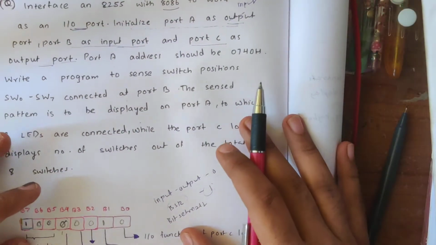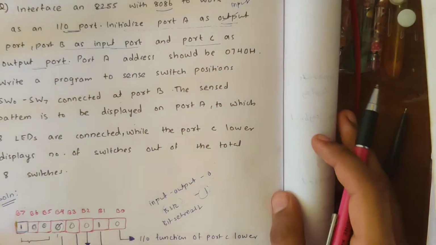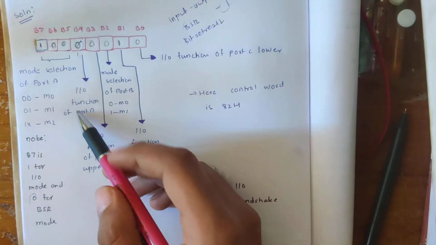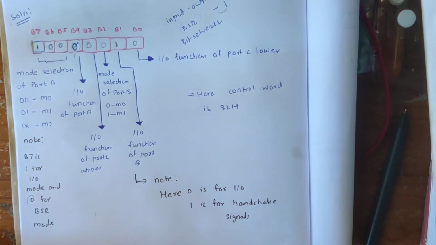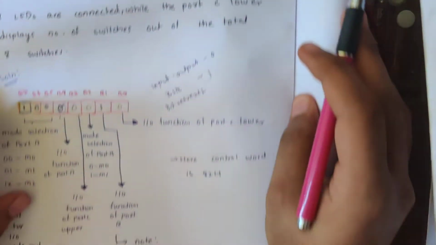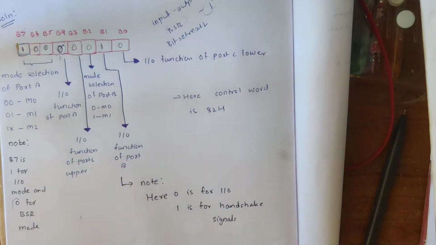And then we need to initialize port A as output port. So we come over here, and B4 is the input-output function for port A, so we initialize that as 0 since it's mentioned that port A is an output port. And we go back to the question, we see that port B should be initialized as an input port, so we come here, and this bit over here is where we need to update. So since it's mentioned that it's in input mode, we enter 1,